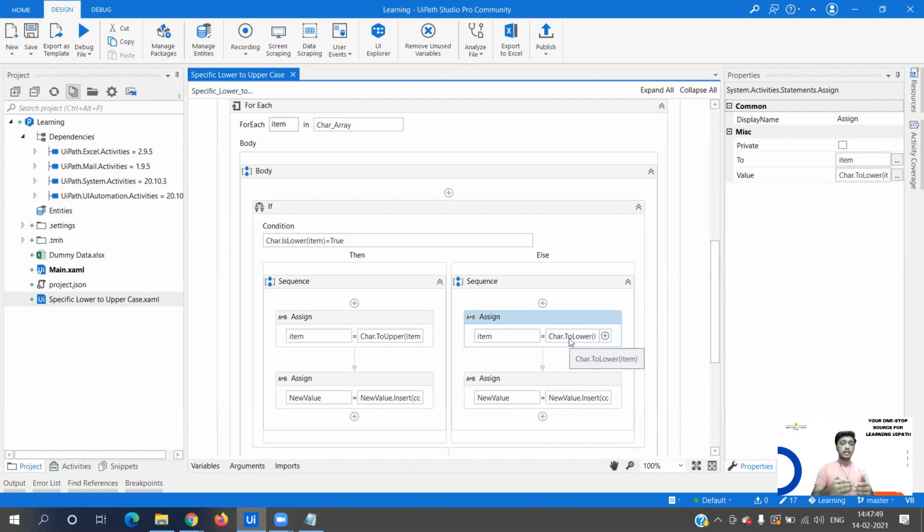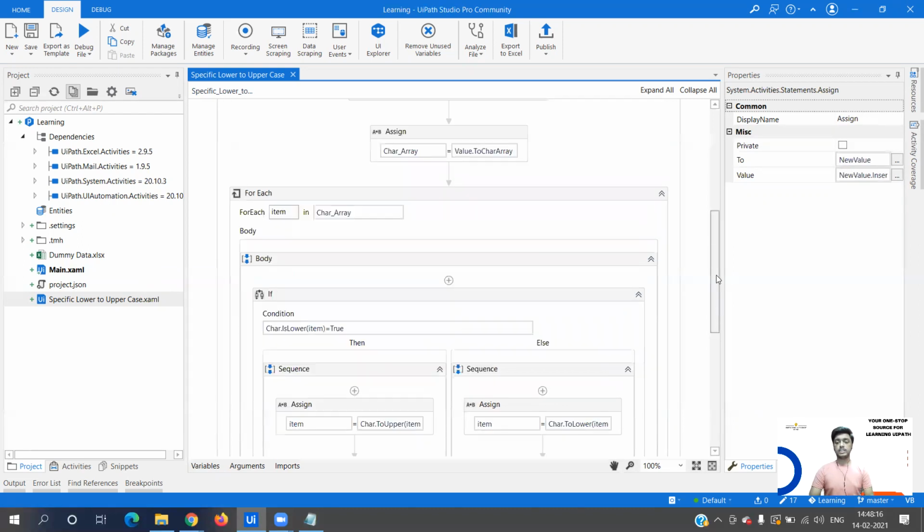Now here there are different parts of logic. If you are answering in an interview and you have been given like 15 minutes or something, first you should think that I cannot directly convert the complete string. So what I will do is treat each of the characters and loop through it. While looping, I will check whether it is lower or upper, and then perform the operation. So here we are converting Char.ToLower(item) if this is false.